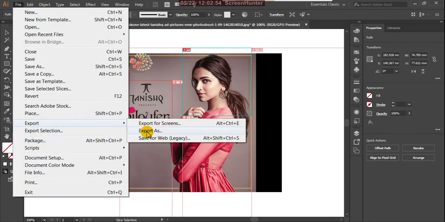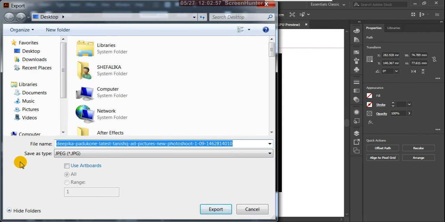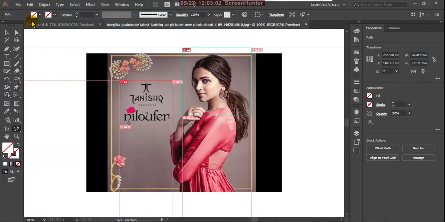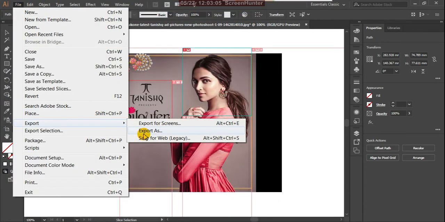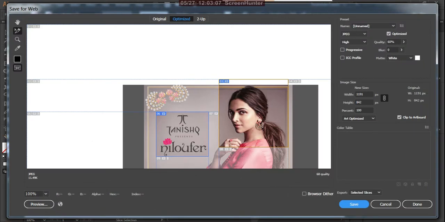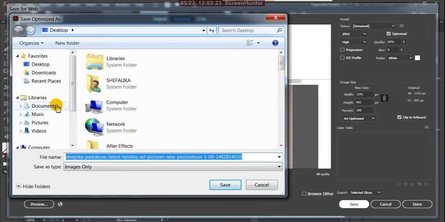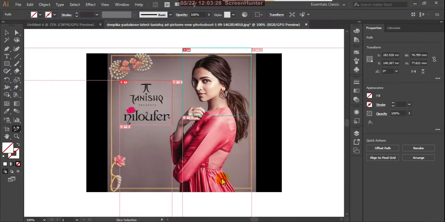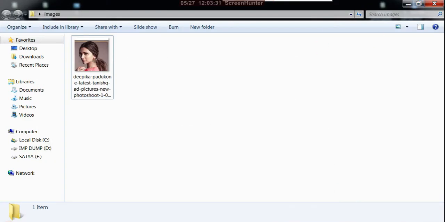So export as... sorry, web export, save for web legacy. Okay, here JPEG high quality and selected slices only. Okay, then this is okay. Save. Just only desktop.